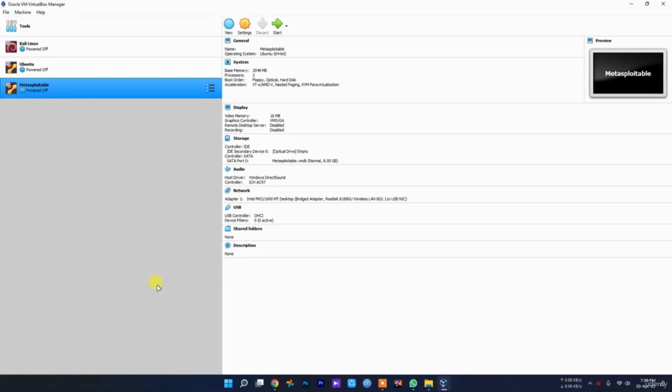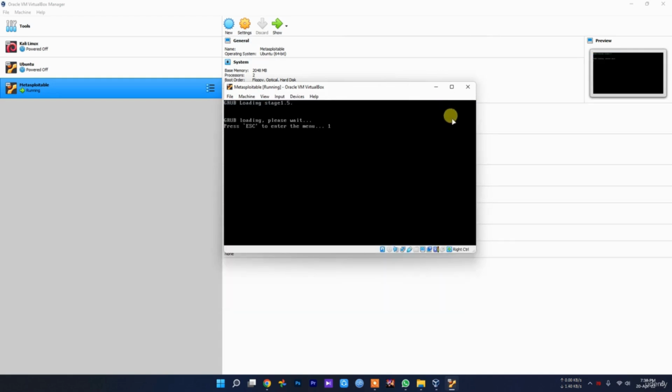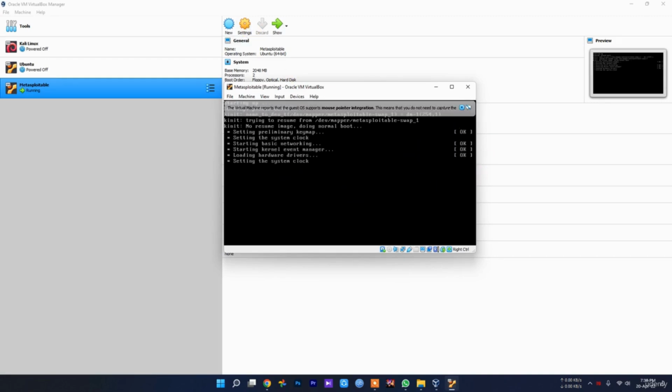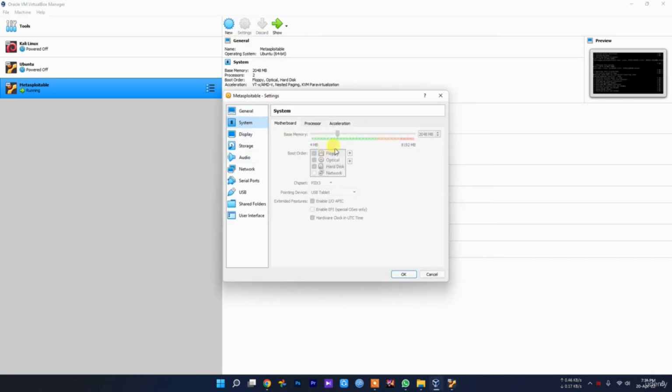Hello everyone, so now that we have downloaded and installed Metasploitable, let's now configure Metasploitable. So just press start. As I said, you need to first configure a couple of things for your system, like giving it 2